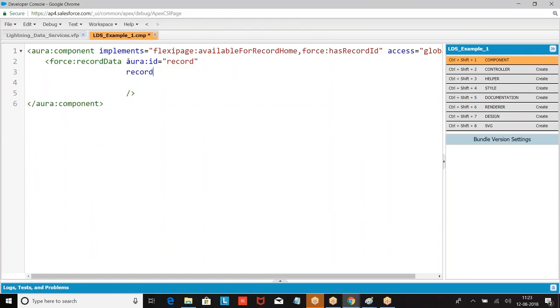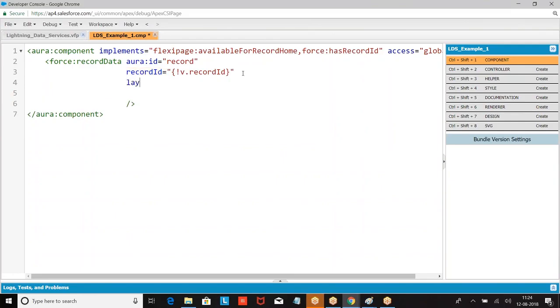Then I told recordId. Whichever ID is given in the URL, that ID will be stored here, so that I am assigning to some variable called v.record. Whichever record this is referring to, the ID of that record is stored here. That I am assigning to v.recordId.